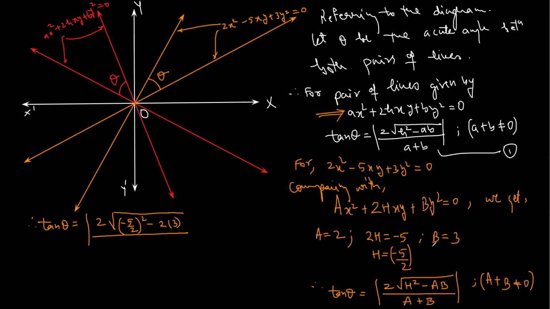A plus B is 2 plus 3, that is 5. That is tan of theta is mod of 2 root of 25 by 4 minus 6 upon 5. Okay,